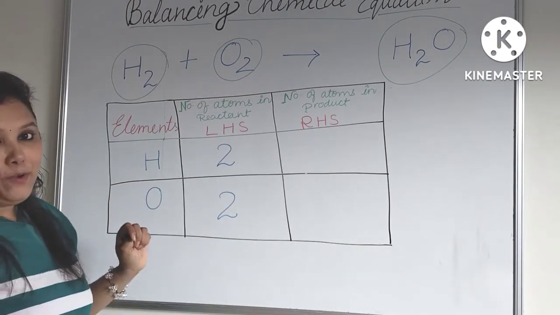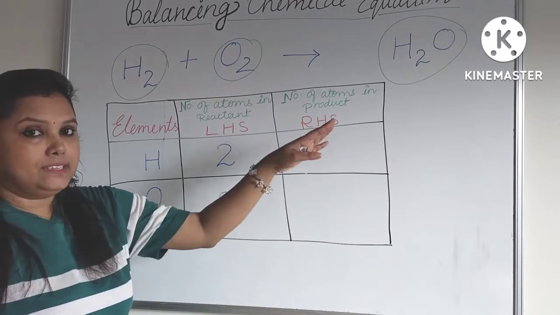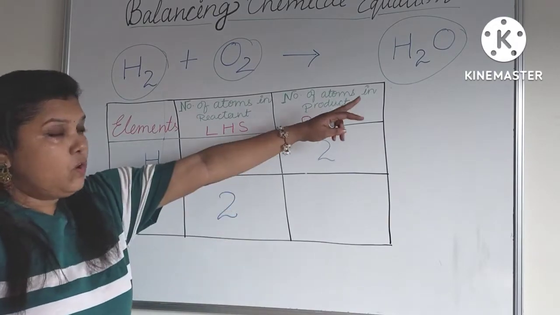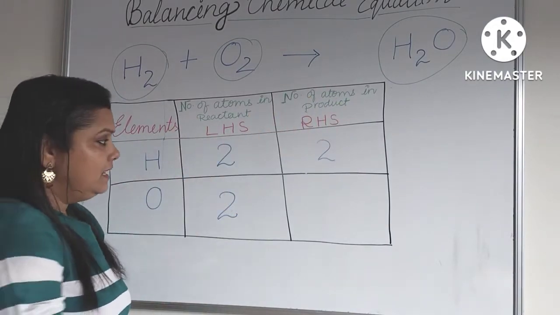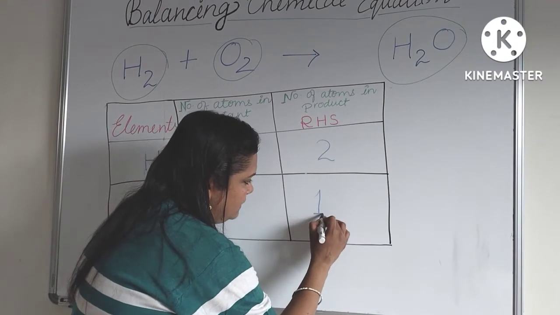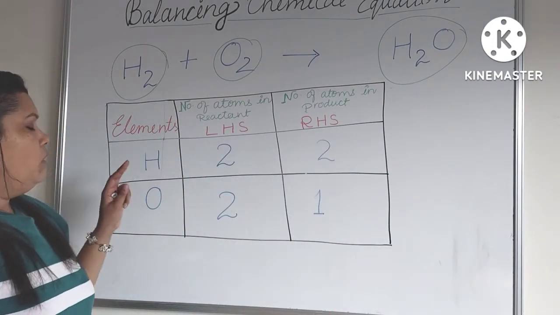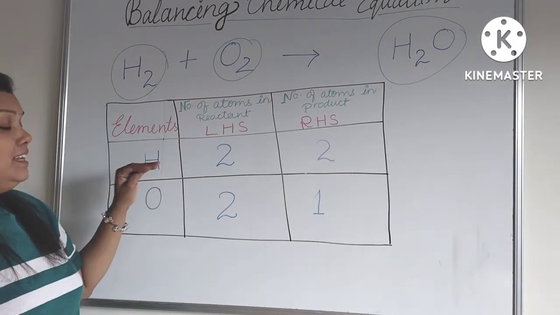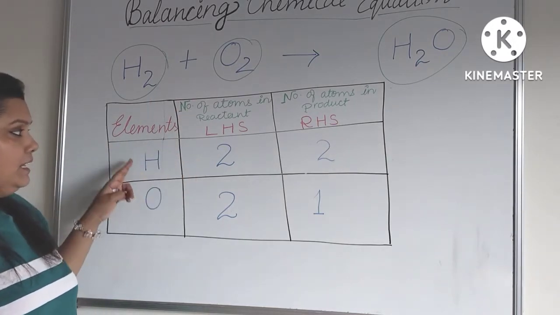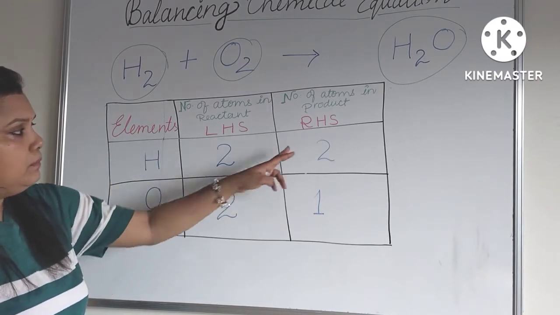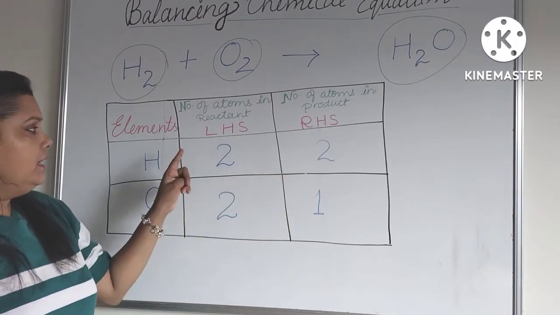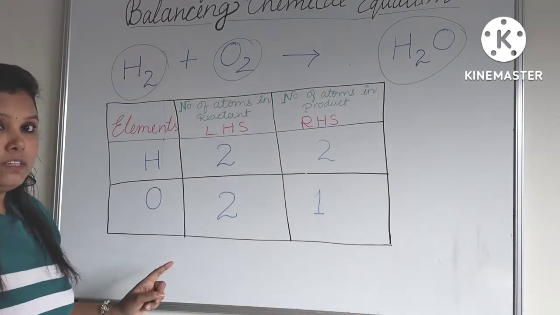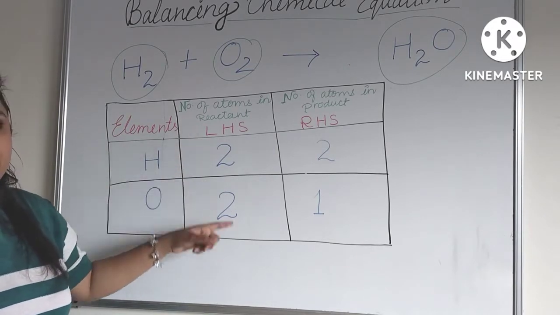Now we have to check how many hydrogen atoms are present in the product side. It is 2. And how many oxygen atoms are present in the product side? It's 1. So we will write 1 here. Now we will have to check whether this equation is balanced or not. The number of atoms of each element in the reactant side and the product side should be same. Here in this case H, both are same, but for oxygen it is 2 in the LHS side and 1